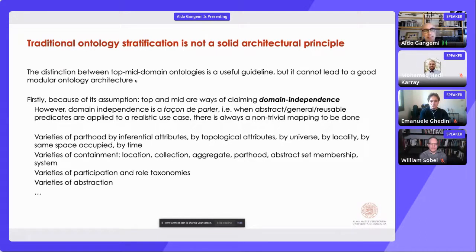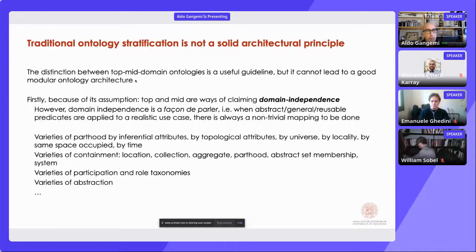The distinction that we have, for example, between top, mid, and domain ontologies is very useful mainly as a general guideline, an educational guideline. But it cannot lead to a good modular ontology architecture. Why? Firstly, because of its assumption. Top, mid are ways of claiming domain independence. But the problem is that domain independence is a sort of façon de parler. So when you have